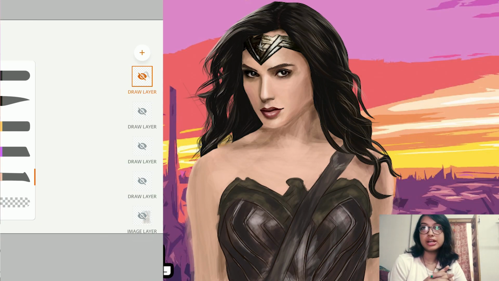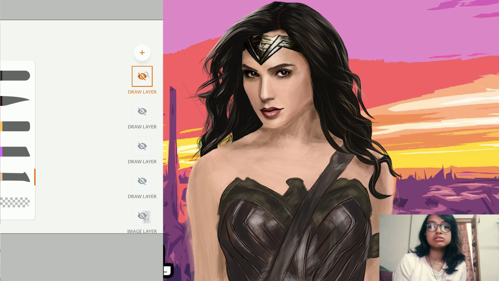So starting from the beginning, first of all I used Adobe Illustrator Draw, which is a phone version of the Illustrator app, for the portrait. And then I later used Adobe Illustrator for the PC version for the background of that specific GTA theme. So as I mentioned before, I had made Wonder Woman, that is Gal Gadot. And regarding the Adobe Illustrator Draw, I will show you some of the layers which I made.